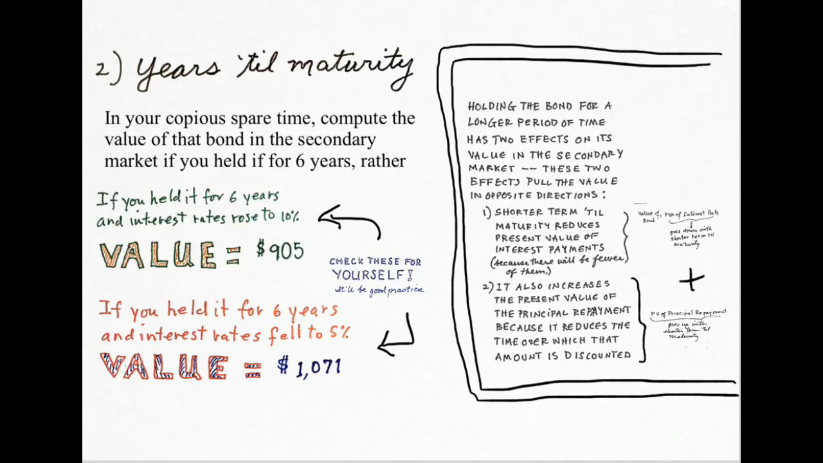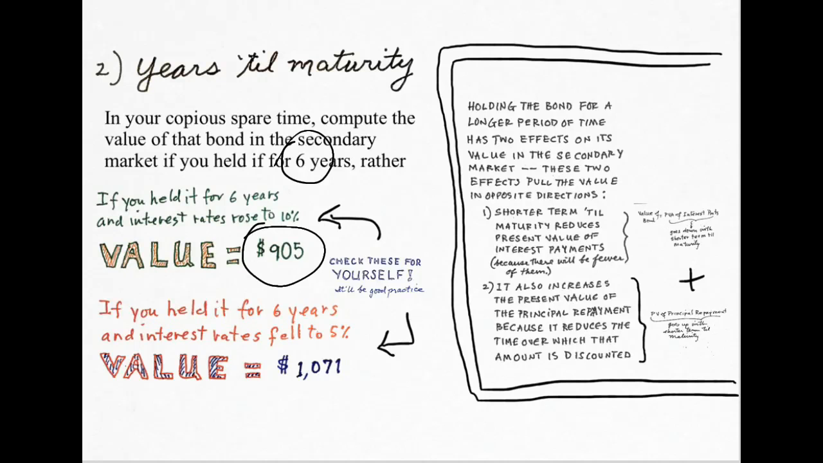So now let's see how the variable years till maturity can affect the value of that bond on secondary markets. Suppose that rather than holding that Intel bond as in the previous example for 2 years, thereby having 8 years left until maturity, I held the bond for 6 years and had only 4 years left till maturity. Now, you should compute these answers yourself to confirm these numbers, but what you will find is that when interest rates rose to 10% while you were holding the bond,